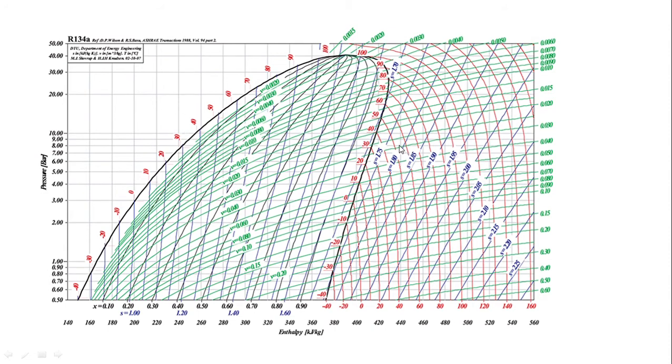Remember this thing. It is going downward on this side, but it is going upward in the liquid region. So if you consider the minus 30 degree centigrade line, then it is coming from here. It will be horizontal in this range and then it goes up. So likewise the constant temperature lines are there. Now I think all of you got this chart. Is there any doubt regarding this chart? All of you got this chart?